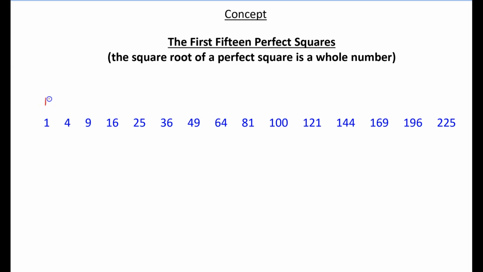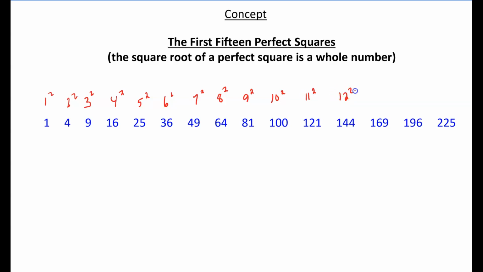The first one, 1 squared is 1, 2 squared is 4, 3 squared gives us 9, 4 squared, 5 squared, 6 squared, students are really strong here, 7 squared gives us 49, 8 squared, 64, 9 times 9, 81, 10 squared is 100, 11 squared is 121, and here's where some students start to